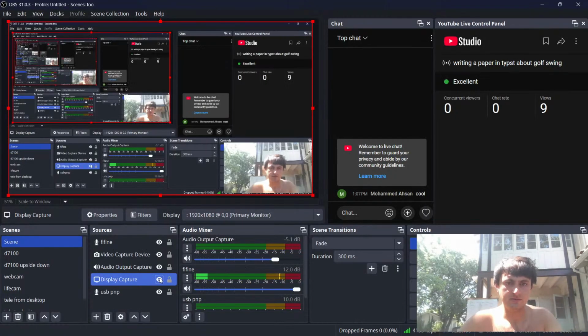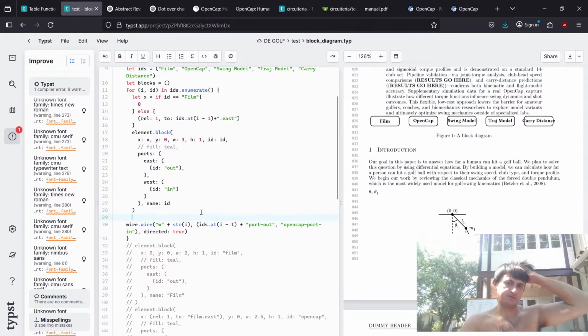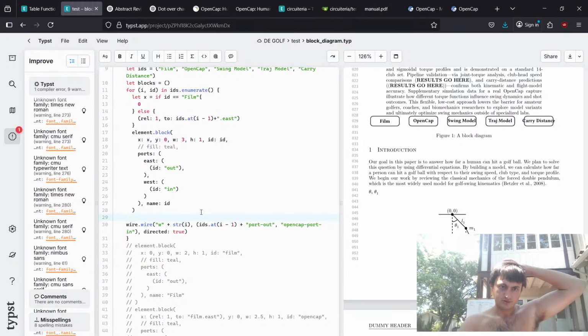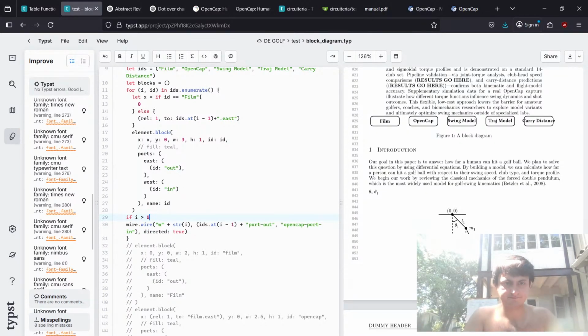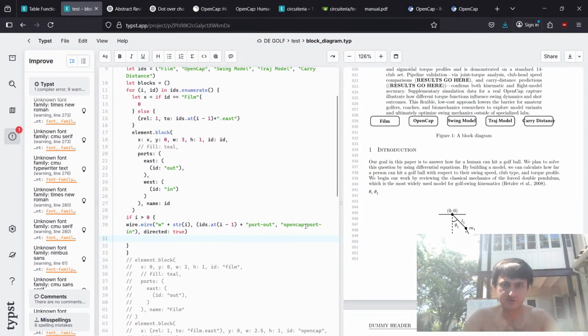All right, while we wait for that. All right. We need to do a thing where if i is 0... Oh yeah, if i is greater than 0, then we're going to make a wire. Okay, so this should work. Now we just need to do